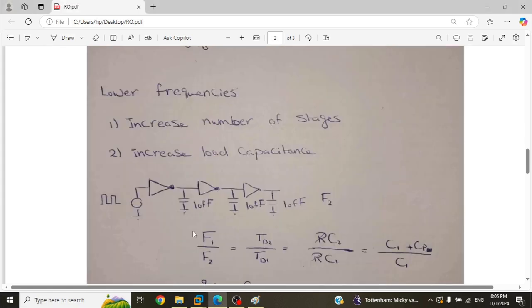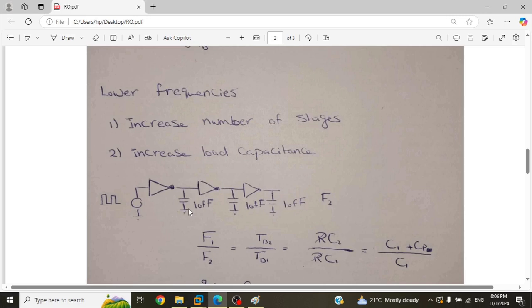For the second option, we need to follow some extra steps to know exactly what capacitance we need to add to have a given frequency. Okay, we already have a frequency we have measured before for just inverters, no extra load capacitance. But we don't know the value of this parasitic capacitance. So we are going to add a capacitance that is bigger than the parasitic capacitance contributed